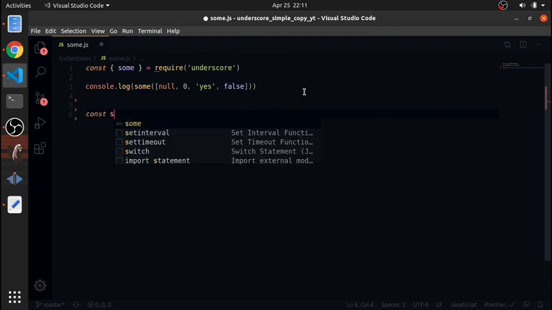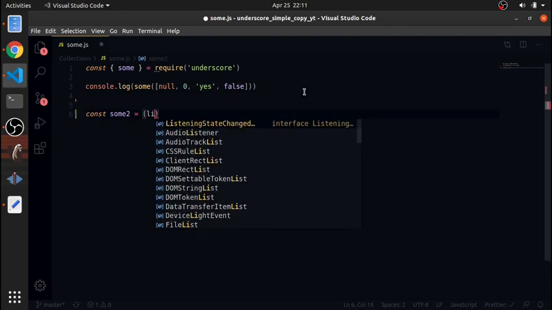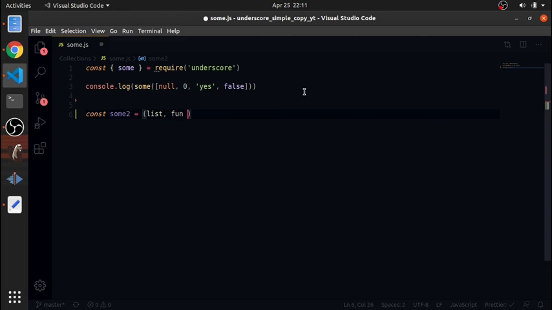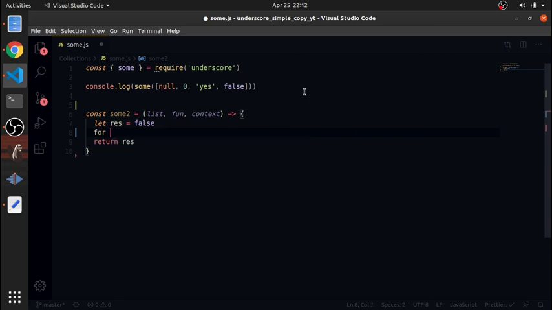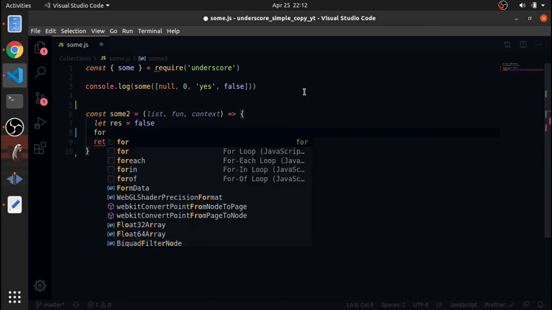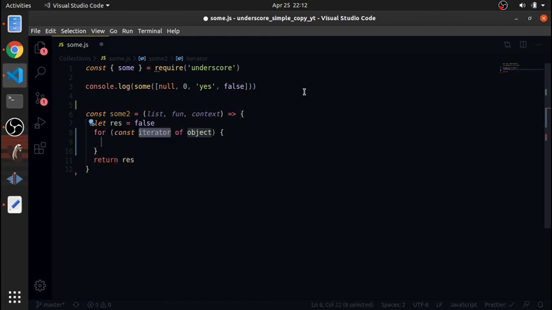so const some2 will be equal to a function that accepts the list, function, context. I will assume that this list does not contain anything truthy, so result is false, and just return it. And in the loop, I will try to disprove this claim to find at least one element with a truthy value. As soon as I see that, I will short circuit and return. So for each item of list,